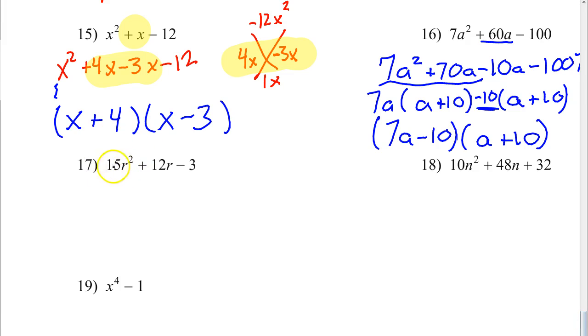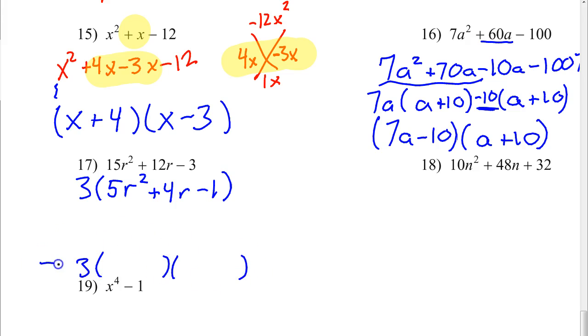Okay, number 17. Any GCF here? 15, 12, and 3. And yes, there is. 3 goes into all of those. Make sure you take that out first. Right. Now our answer is definitely going to have that 3 in front. So I'm going to write that right now so I don't forget to leave that in the front of my